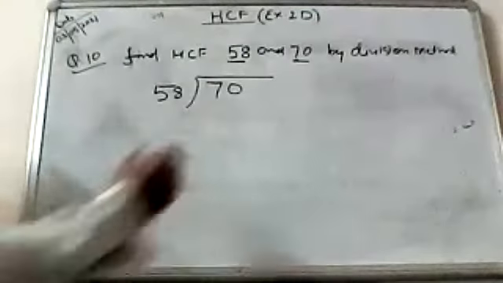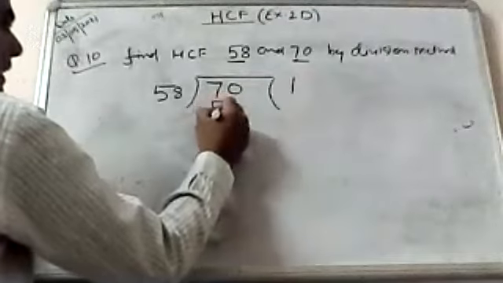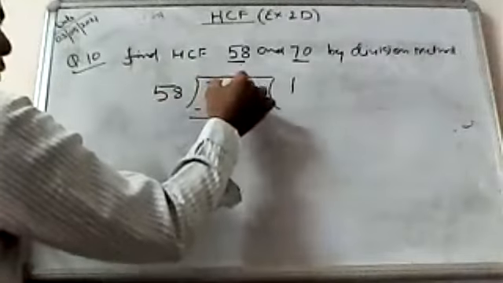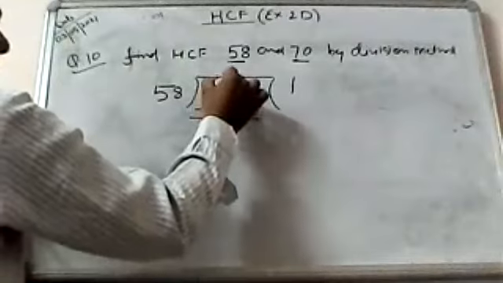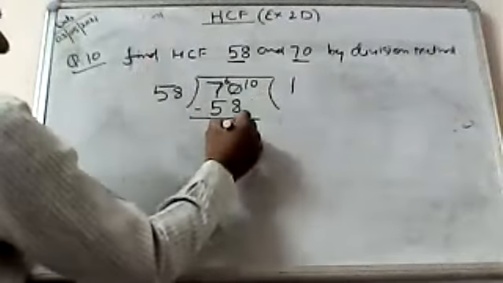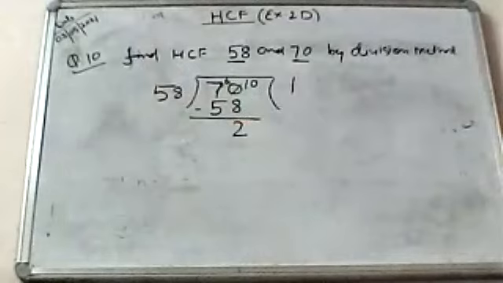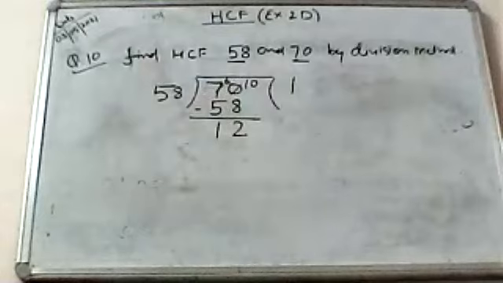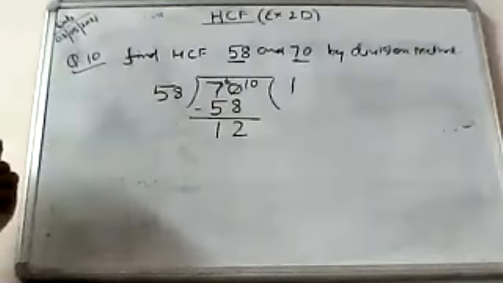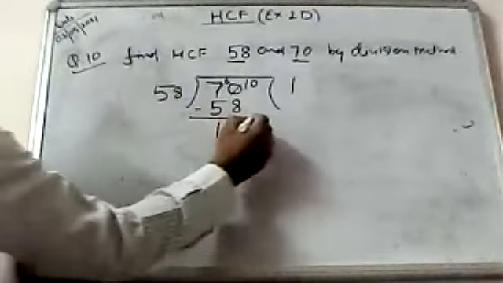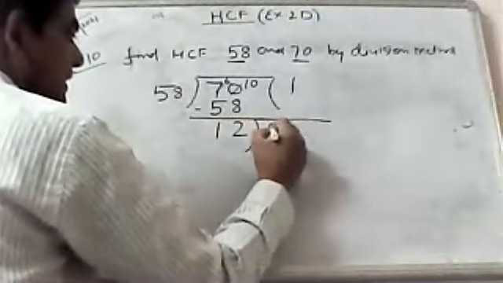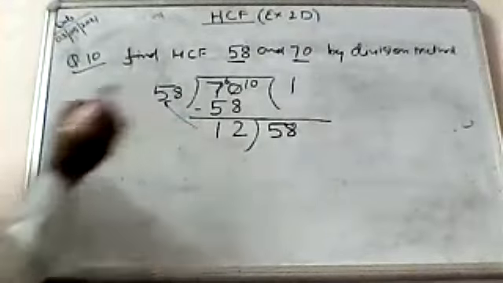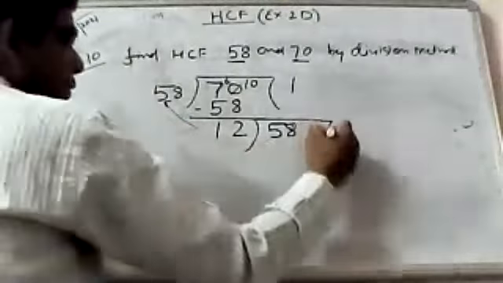Okay, now divide it one time, then 58 is here, then subtract: 0 and 10. 1 is borrowed, so it will be 10, and here is 6. So 10 minus 8 will be 2, and 6 is remaining. 6 minus 5 is 1. 1 is here, correct? Okay, now remainder is 12. Now what to do? We have to divide 58 again by 12, just like the previous circle. Clear?